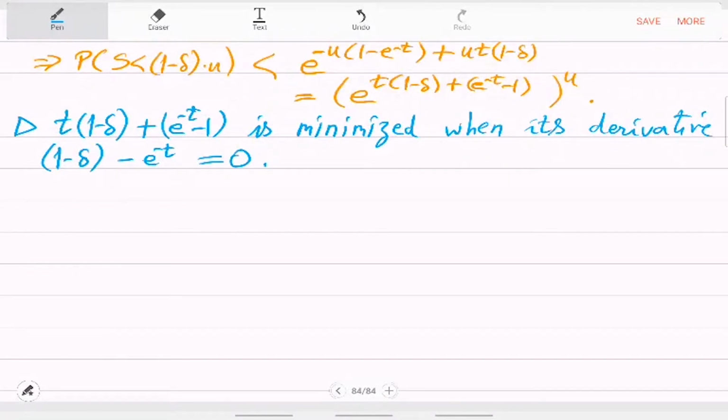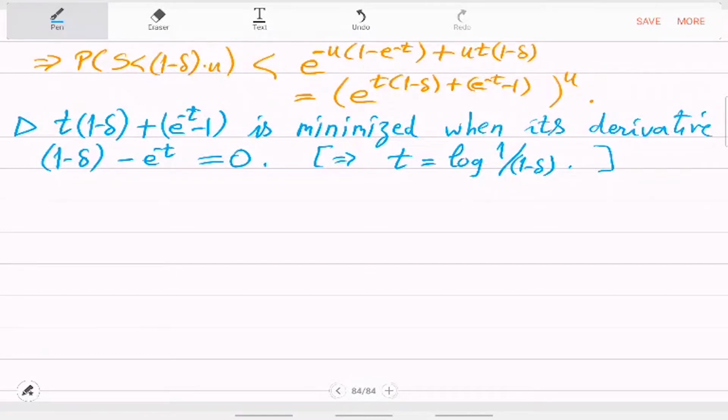That's a simple calculation, which means that in other words, your t is log of 1 over 1 minus delta,